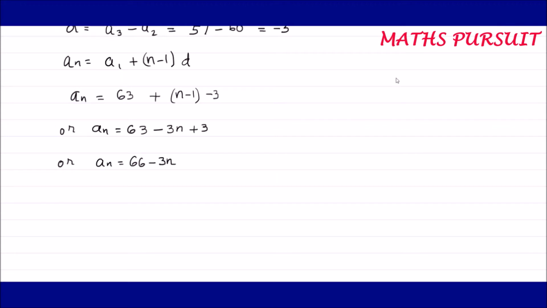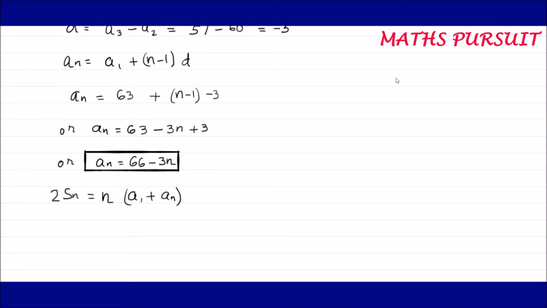Now let us remember this. Remember what we got, because this is one of the things that we will require later on. Now let us move ahead and look for the other formula that we know for arithmetic progression. The other formula is the sum of the arithmetic progression. It is given by Sn is equal to n by 2 into a1 plus an. This is what we know very well.